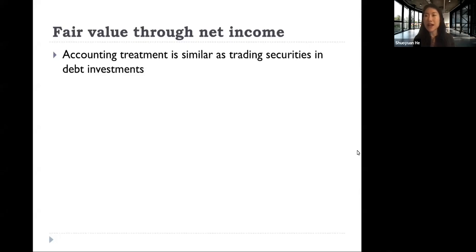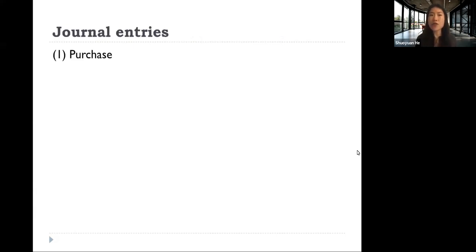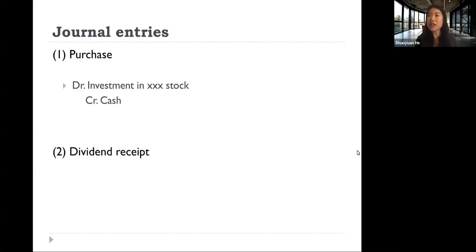So now let's first look at the fair value through net income method. As we just mentioned, the accounting treatment under the fair value through net income method is similar to the trading security method when we talk about debt investment. Specifically, the journal entries when we purchase this equity investment: we debit investment in the stock and credit cash, because we're paying out cash and getting this stock investment. And when we receive the dividend payment, we debit cash because we receive cash and